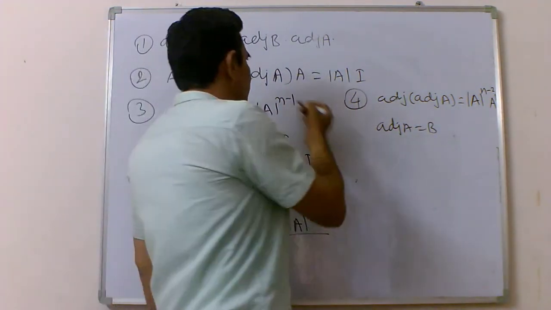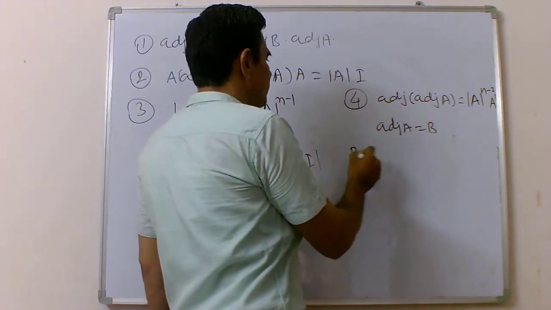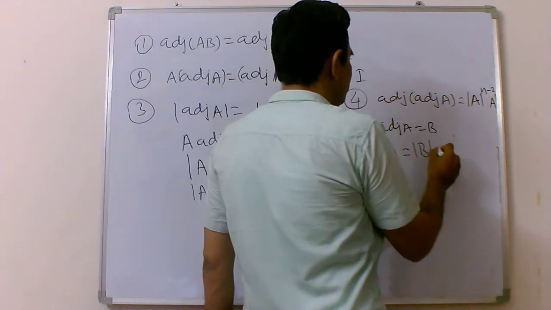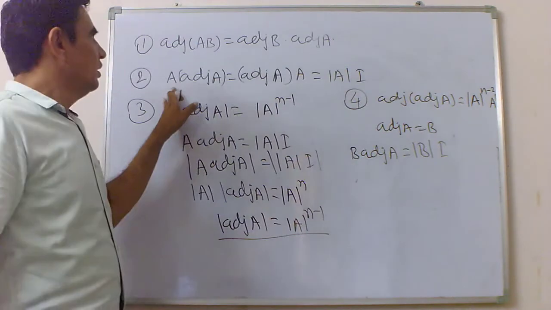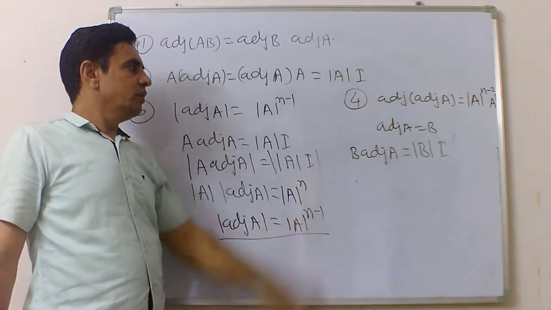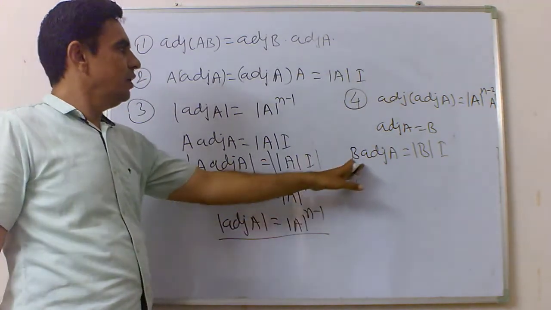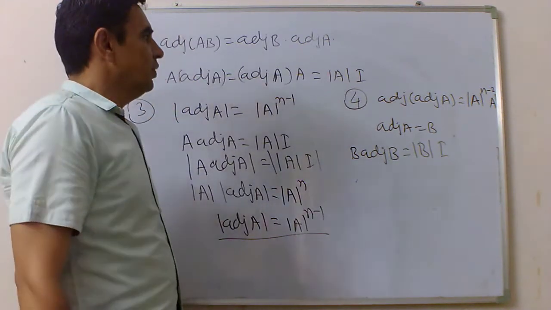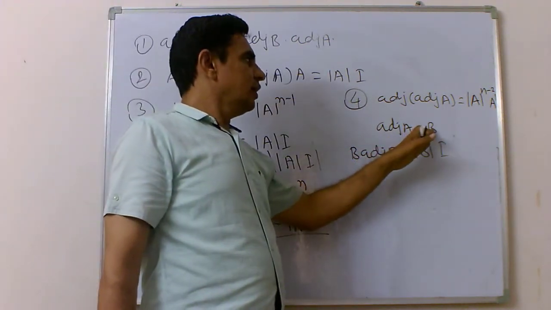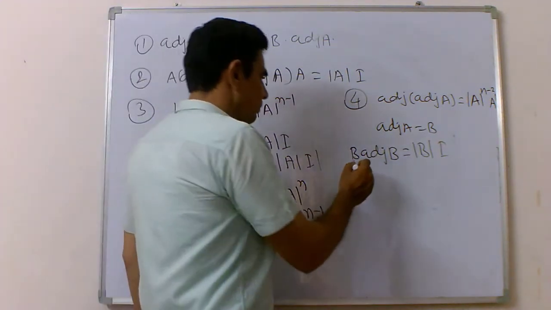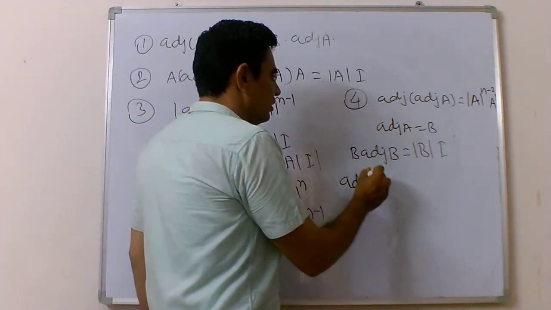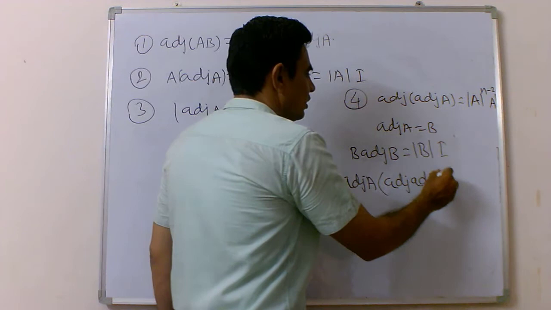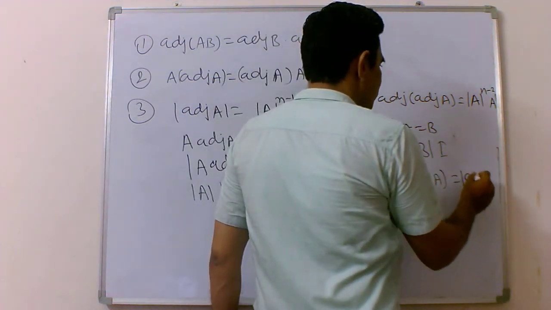and we use here property number 2. B into adjoint of B is equal to determinant of B into I. See here, A into adjoint of A is equal to determinant of A into I. Take here B matrix. B into adjoint of B, that is equal to determinant of B into I. We know we take here B is equal to adjoint of A. So what we get here? Adjoint of A into adjoint of A is equal to determinant of adjoint of A